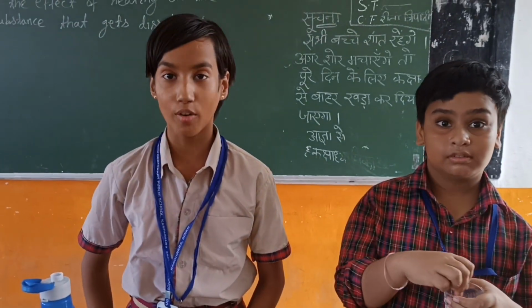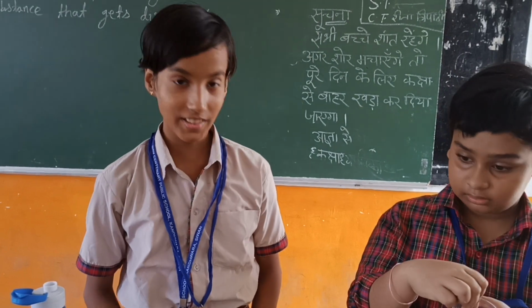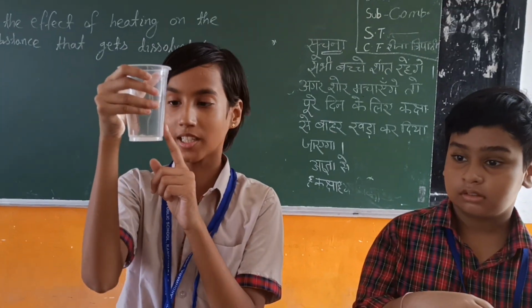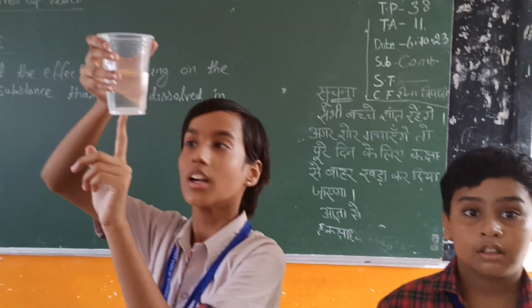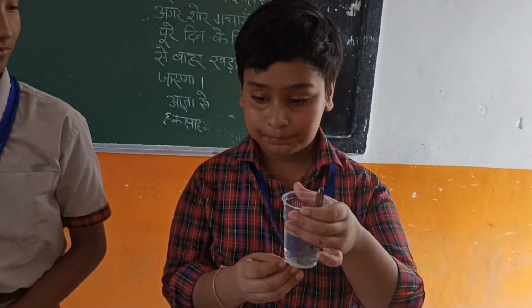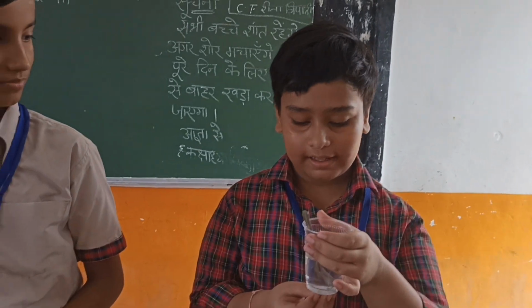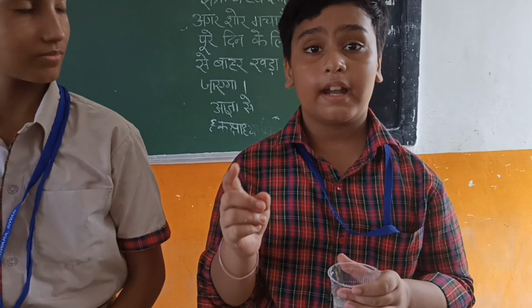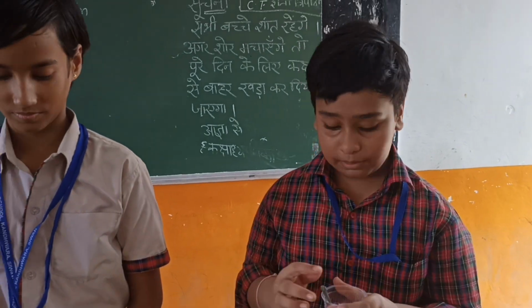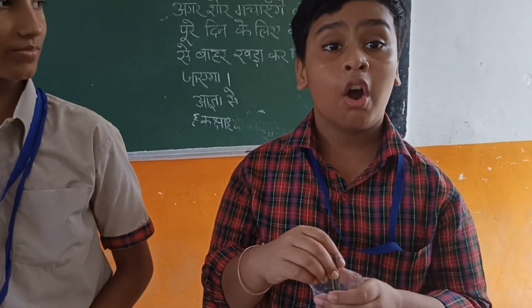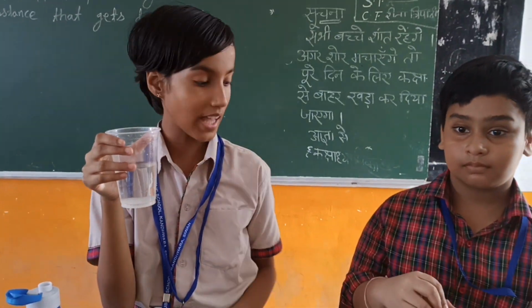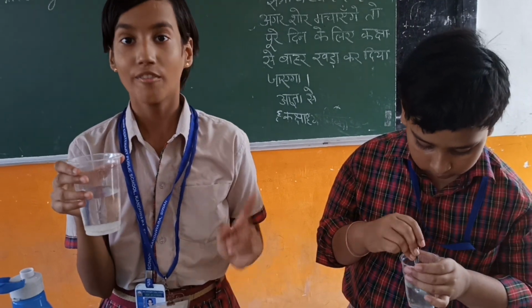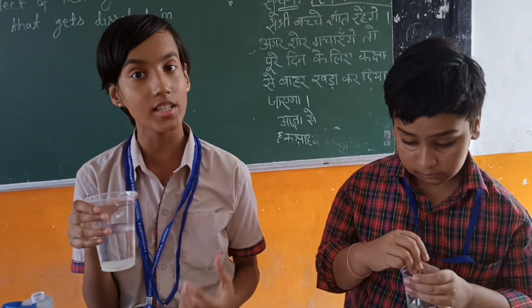So we have observed that in this tumbler, which has normal temperature water, the sugar has sunk at the bottom of the container. And this tumbler can dissolve sugar in more amount and faster than that tumbler, because it had hot water in it. This is also because the high temperature of the water makes it much faster and easier to dissolve.